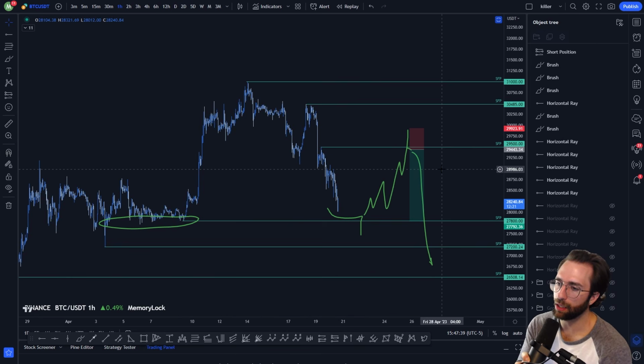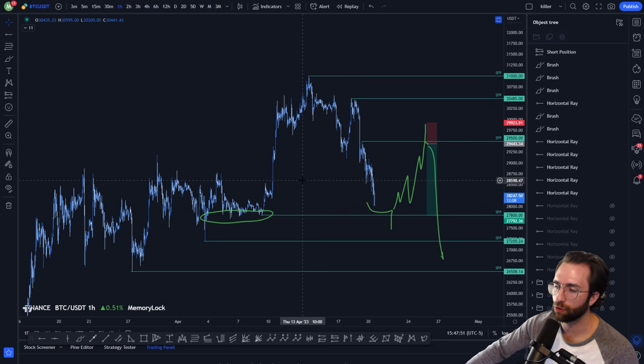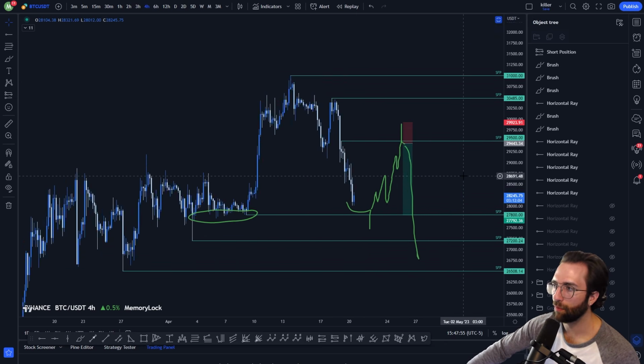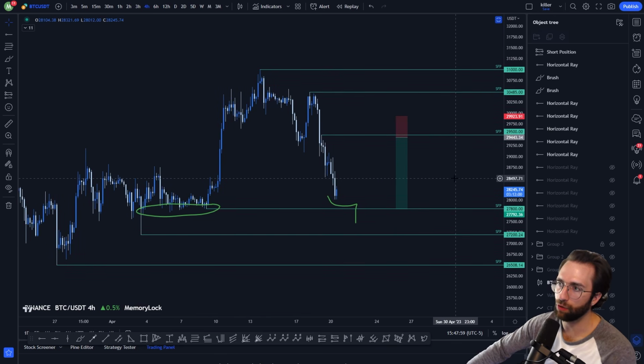But ultimately, the swing failure pattern is very useful in range trading. It's useful in determining places where you may see a trend reversal. It's really important to, like I said, put your trading cap on and ask yourself, where are people's stop losses? And you can use that to your advantage because, like I said, when you're getting a move down like this and it's so aggressive,